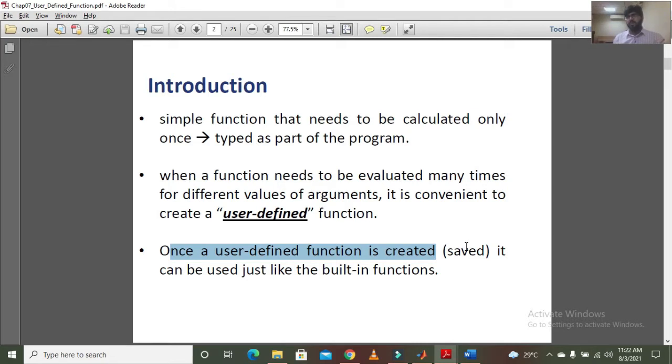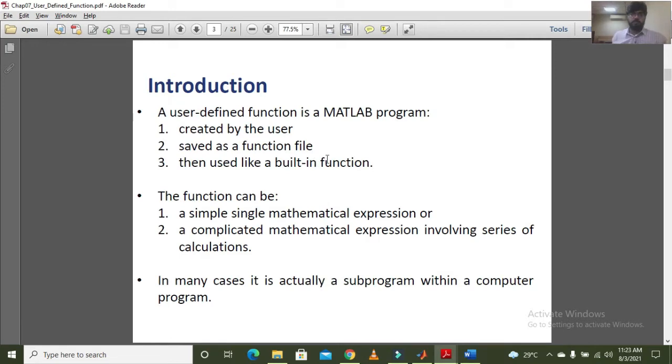You will not have to write anything else; you will only mention the function's name and the input arguments, and it will give you the outputs. So we are going to create a user-defined function, save it as a function file, and then use it like a built-in function.